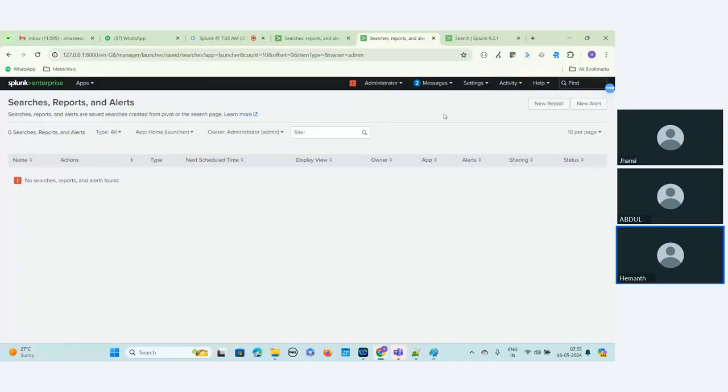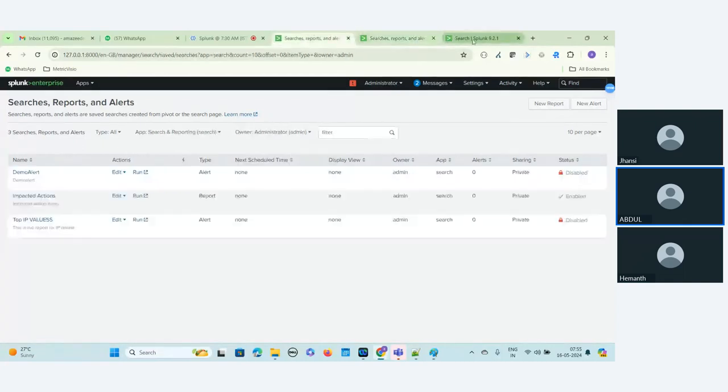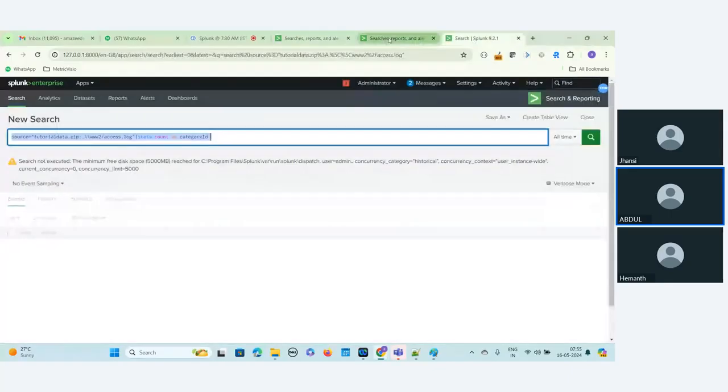Whenever that search query gives any result, that time the alert will be triggered. Correct. Like whenever that search criteria is met, the alert will trigger. But here,